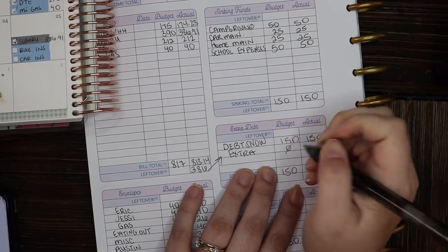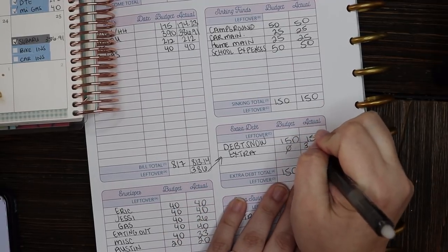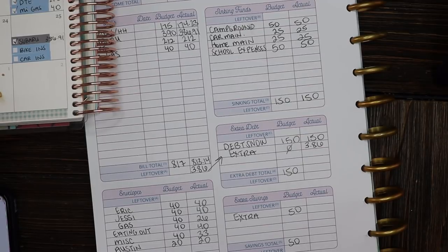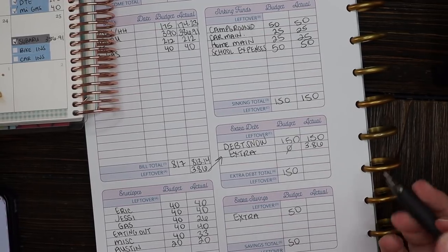I didn't budget anything for this, but I did have that $3.86 left. Honestly, $3.86, like I said, is not going to make a big difference, but I'm going to go ahead and send it anyway because every little bit helps. So that means then,